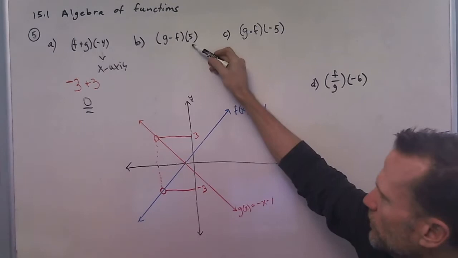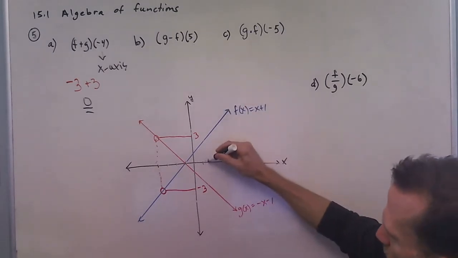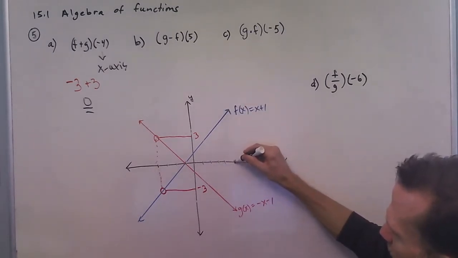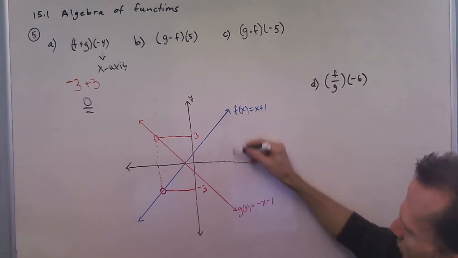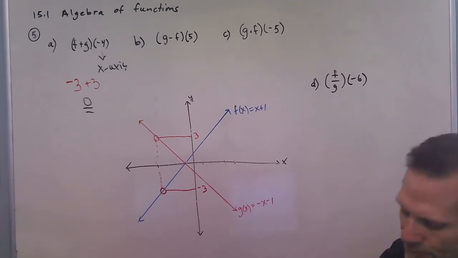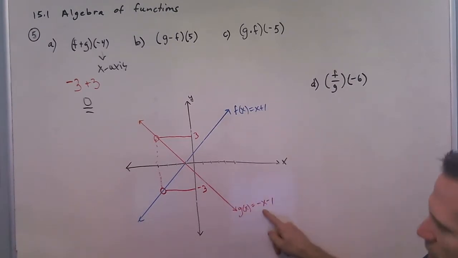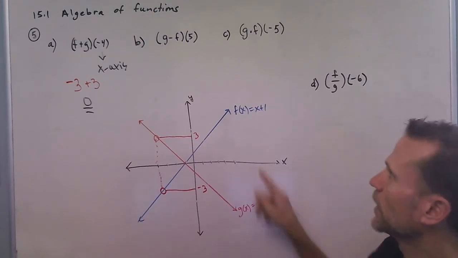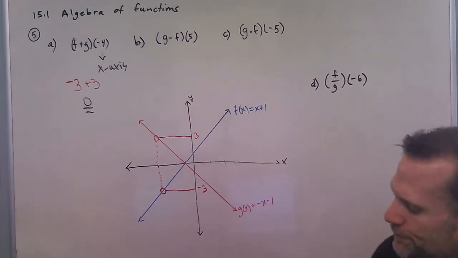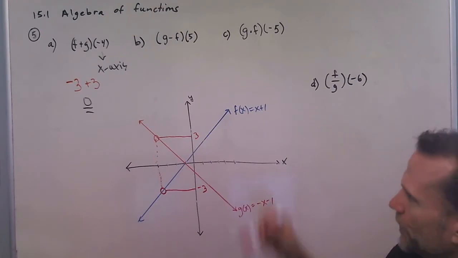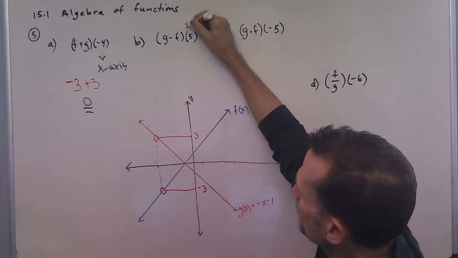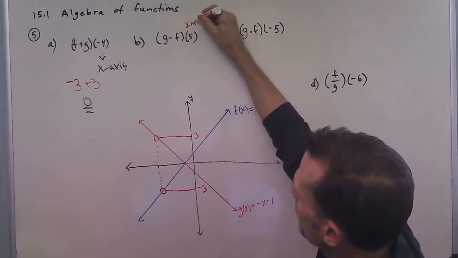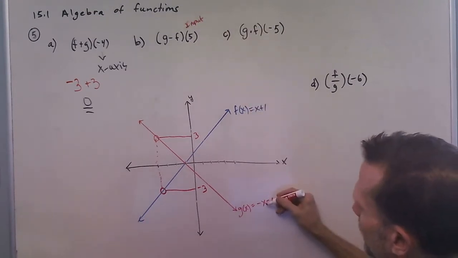Okay, so this one, if you were going to do it graphing, you would come over 1, 2, 3, 4, 5. You look and find the value of the g function and the f function, and you subtract them. But since we're given this here, we can do similar to problem number 2, and we can take this input value of 5 and put it into the functions here. So if I put the 5, remember this is my input or my domain, and I'm going to input that into here, so I get